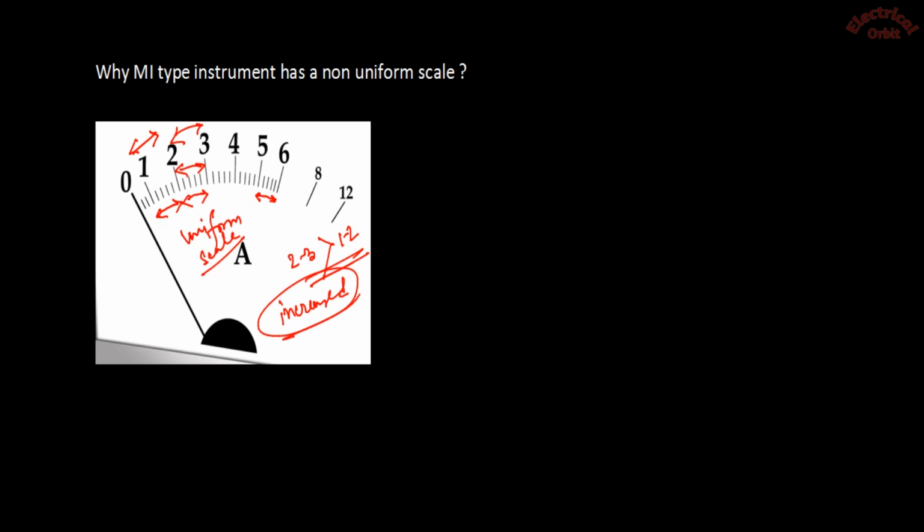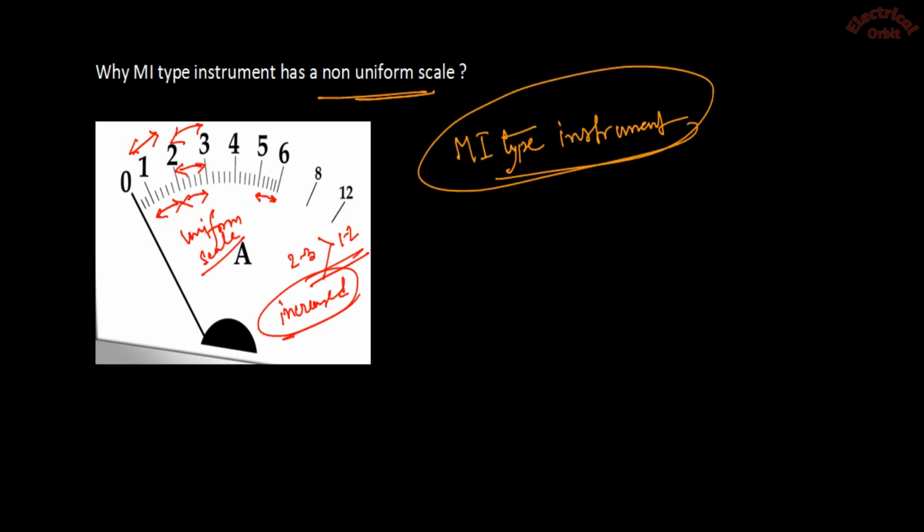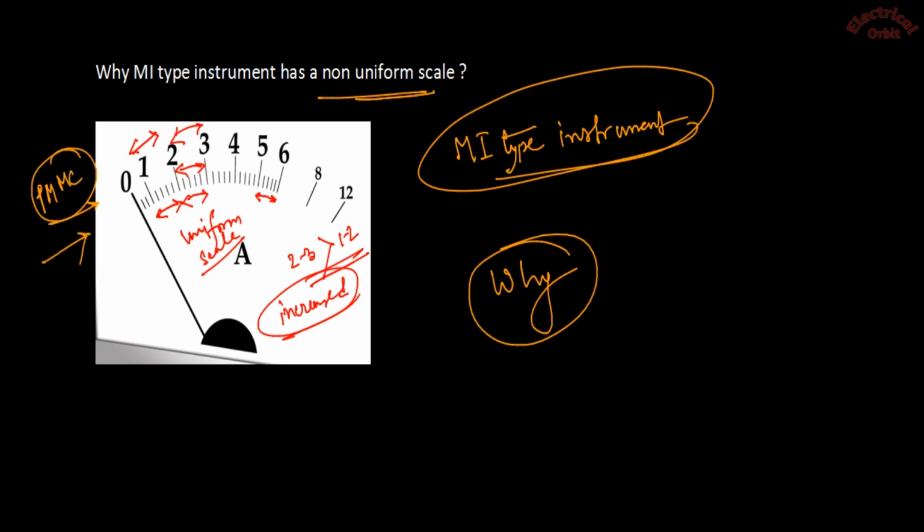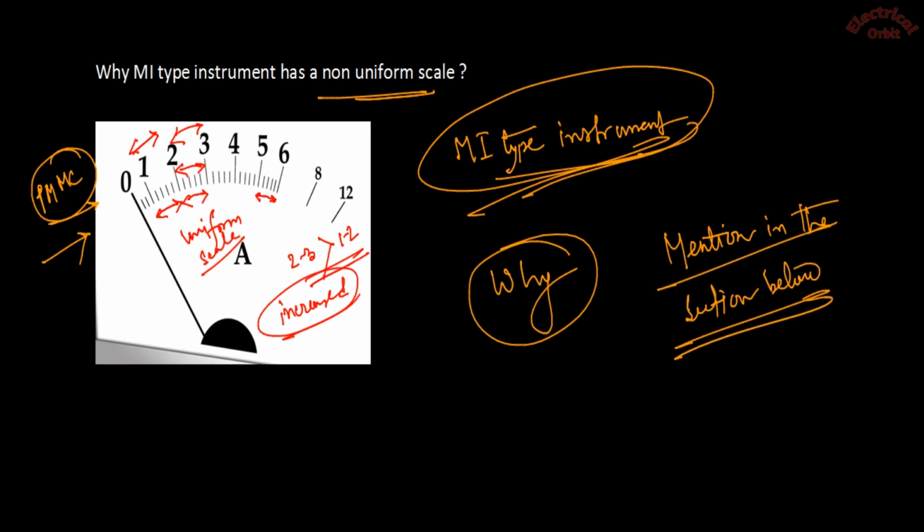So if you look at an MI type instrument, there is a non-uniform scale. My question is why? In case of a PMMC instrument you will find a uniform scale, but in case of MI type there is not a uniform scale. So mention in the comment section below your answer with logic,